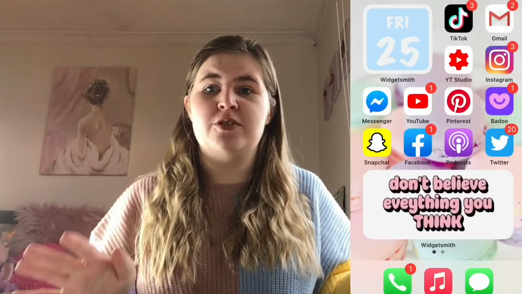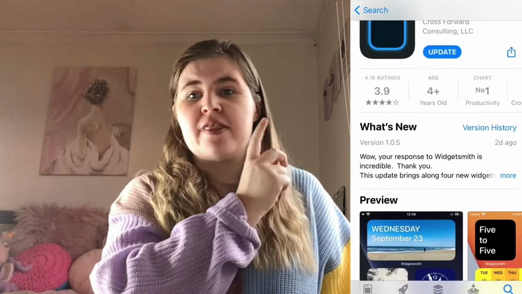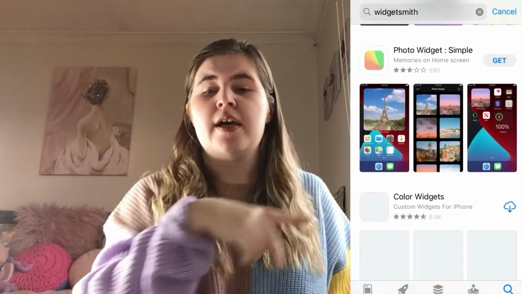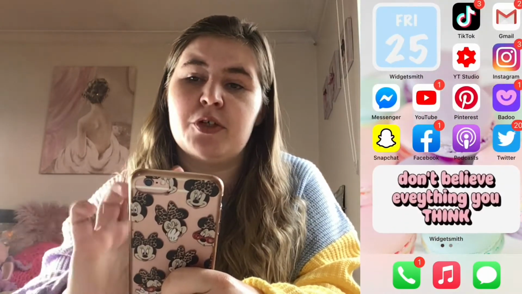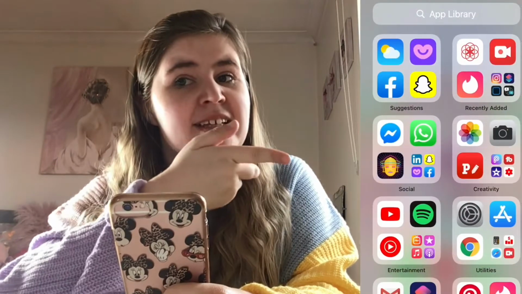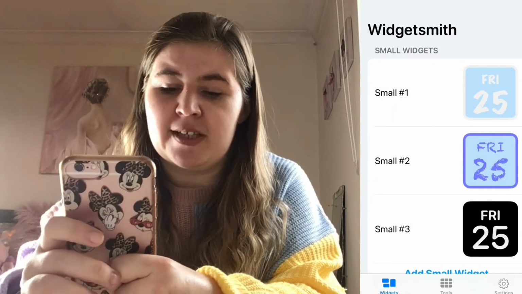So the next step is to actually get the widget app, because that is the main part of the update. So it looks like this, and then that's how you do it. Okay, so the main step to do this is you've got the app, you've got the update, and now you want to have designs like this. So you just go onto the widget app,